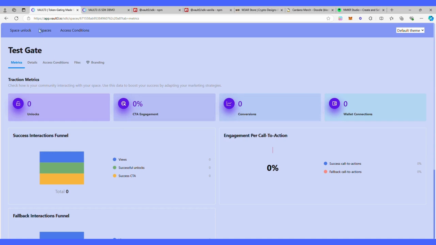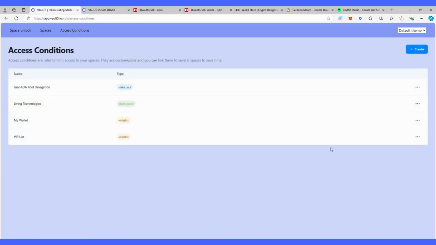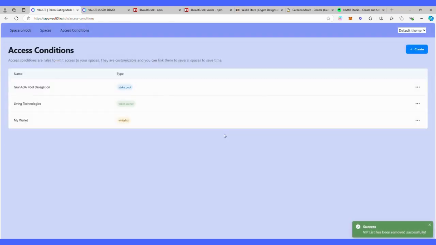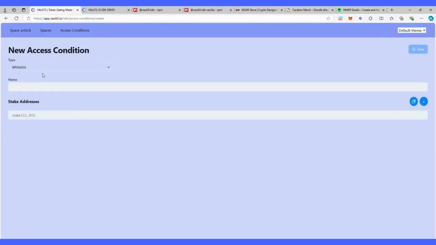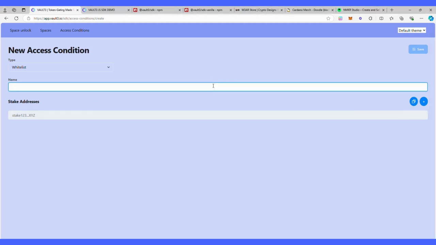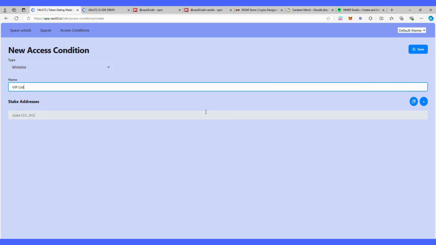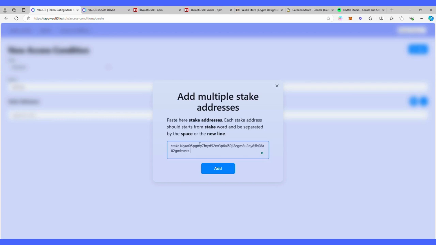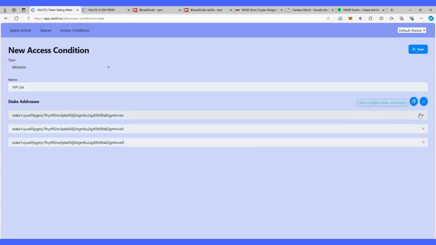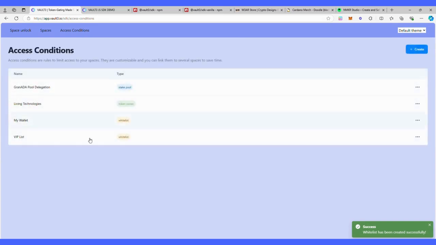simple to use. So now if I go to the access conditions, I can add or delete or duplicate one of them. I'm gonna delete this one, for example, and I'm gonna recreate the same one just to show you how it works. I'm gonna use, in this case, a list as a whitelist. You can also add token owners or stake pool in case of delegators. And I'm gonna use the bulk update feature. Just gonna change some values. And there we go. I can also delete one of them, save it, and all of this is connected with